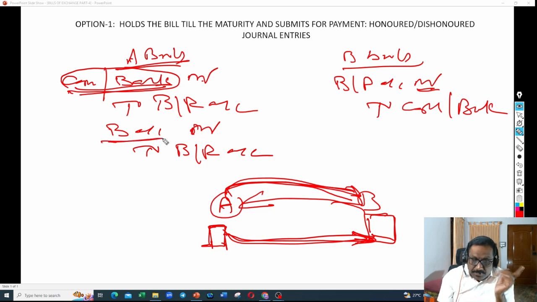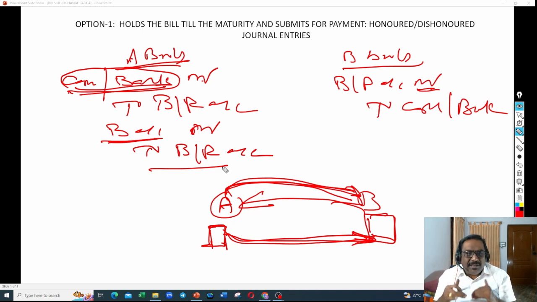Why is B account debited, guys? Please remember. B has become a debtor. He has not made the payment. Since he has not made the payment, B will become a debtor, so you need to debit B account. And what is going out of A? Bills receivable. So I'm crediting bills receivable account. These are all the simple techniques to remember the journal entries. That is the reason I'm explaining in such a way that you can easily understand